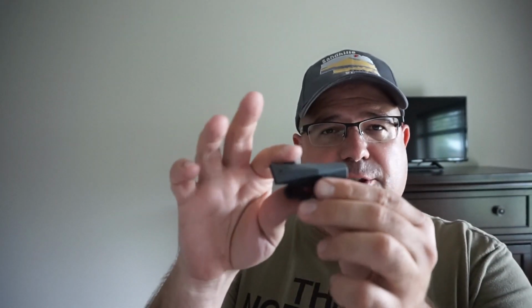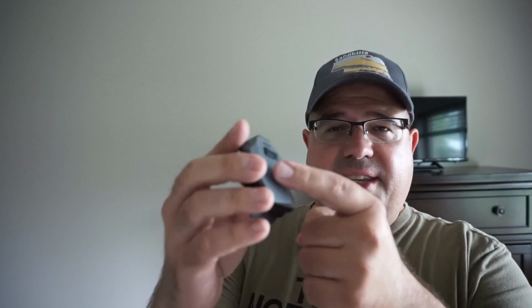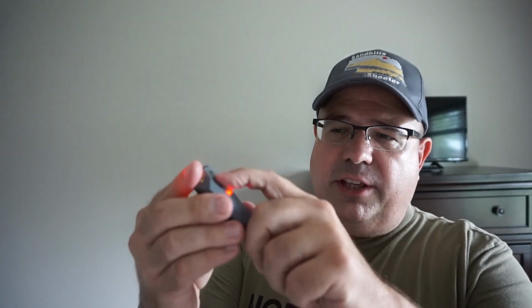What do I like about it? It's very lightweight. The buttons have a nice rubbery feel, so they're easy to actuate. It does have LEDs on the front, and when you're using it, it does tell you the status. If each LED is on, that's 25% per bar, so you can tell if you have a 100% charge or not. They also light up when you plug it in, so you can see how far along the charge is,